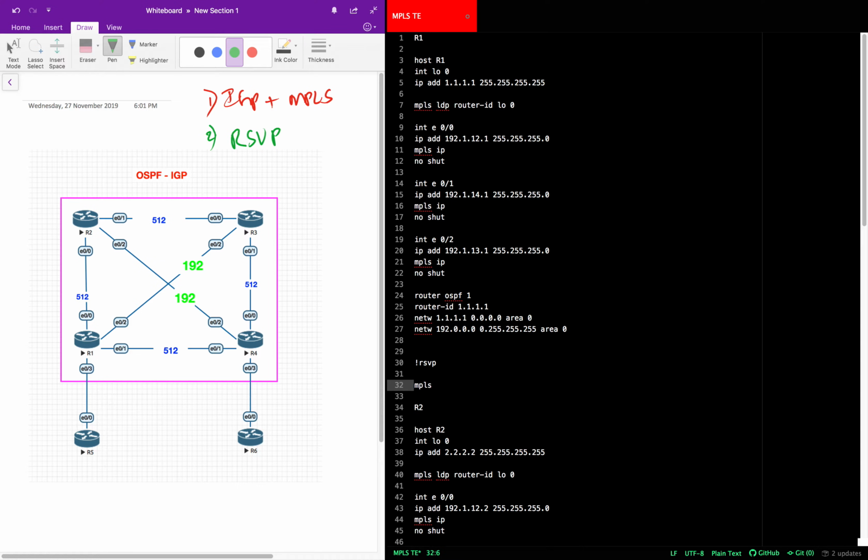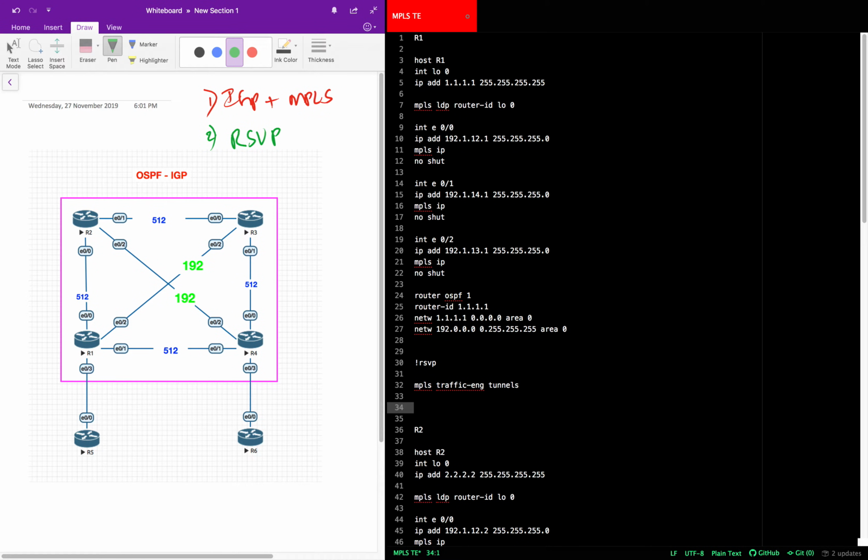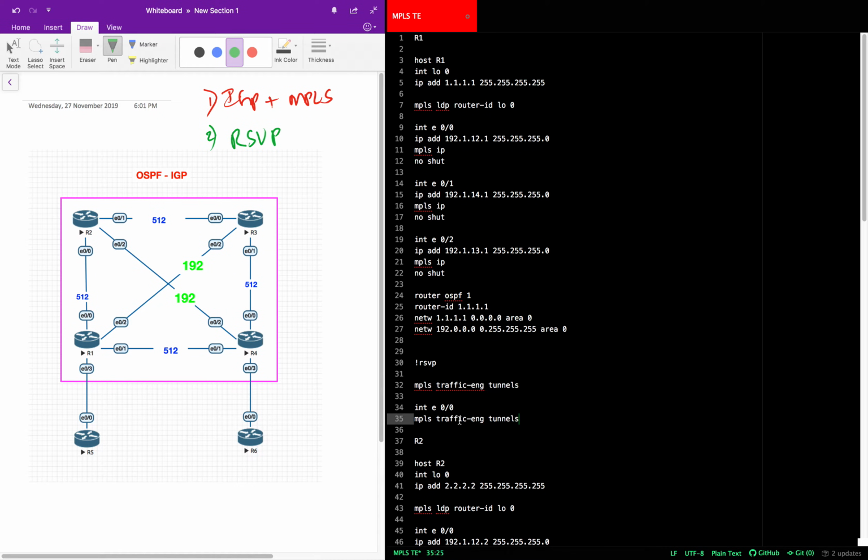We enable MPLS Traffic-Engineering first. Traffic Engineering should work for tunnels, right? Once you enable that, you go to the interfaces which are of need. For me, in this case, I want 0/0, 0/1, and 0/2 on all the 3 interfaces. So on all the 3 interfaces, first you go on 0/0, you enable again MPLS Traffic-Engineering, right, under that, and